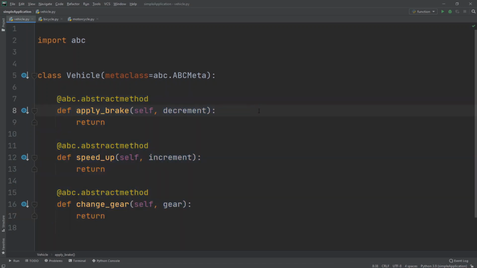Now to tell the Python interpreter that this is an abstract class, we have to add a keyword parameter inside parentheses next to the class name, with the key as metaclass and the value as the attribute ABCMeta from the ABC module. Remember to import the ABC module at the very beginning of the file before referring to its attributes here. Furthermore, we have annotated each abstract method with the